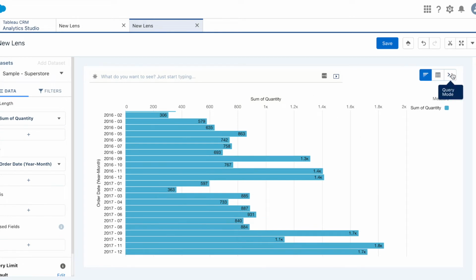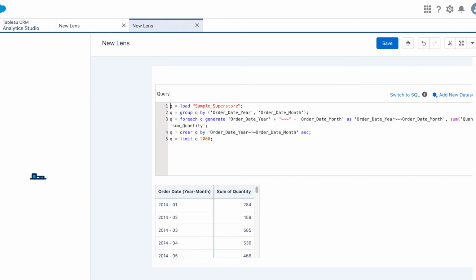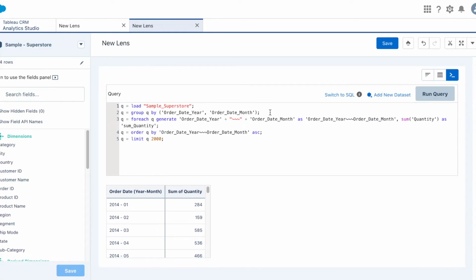Okay, now to go into the query mode, I can just simply click on this, and the query is already pre-written for me. So it tells me that it is grouped by order date year, and all the information is filled out. This is a great starting point, because now we can start writing our code to generate that time series analysis so that we can filter the data accordingly.